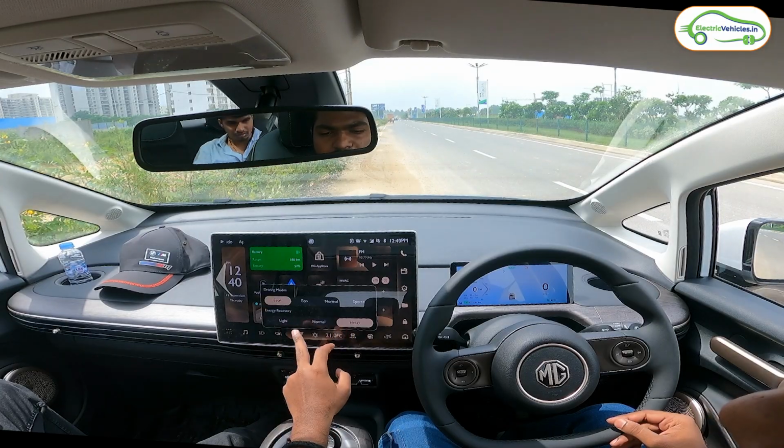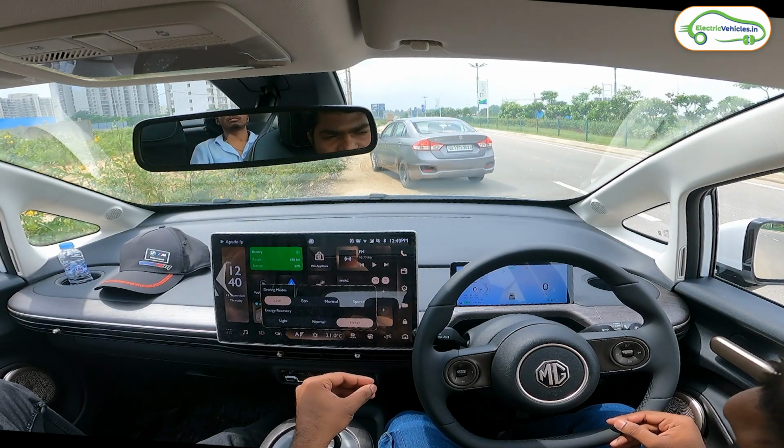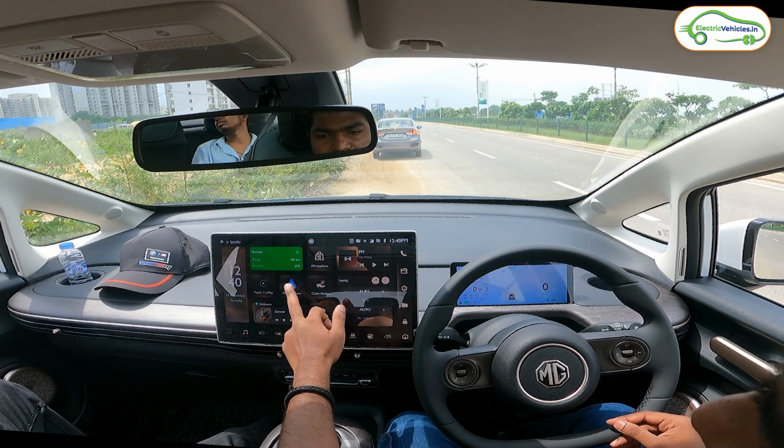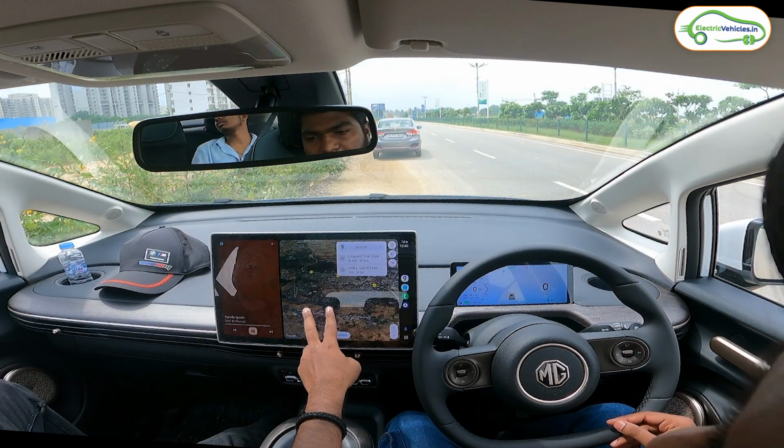These are the regenerative braking options. You have light, normal and heavy. So to use this regenerative braking effectively, I'll recommend you use this heavy option. This also has Android Auto. As you can see, I already connected the mobile phone here, so you can access the maps along with the